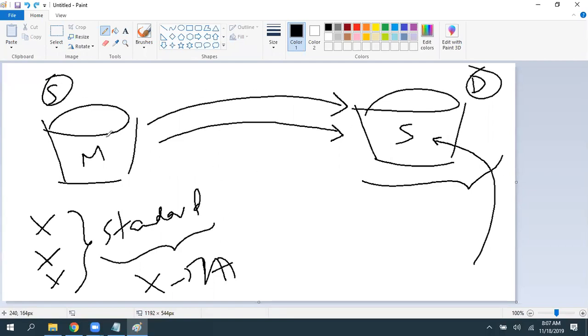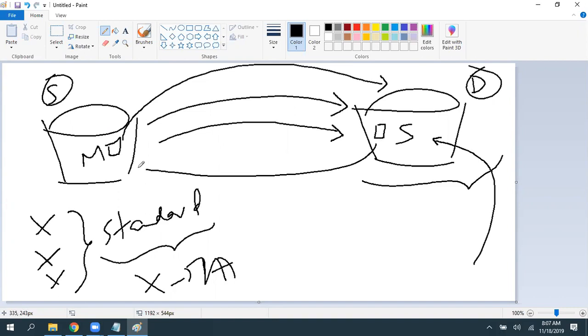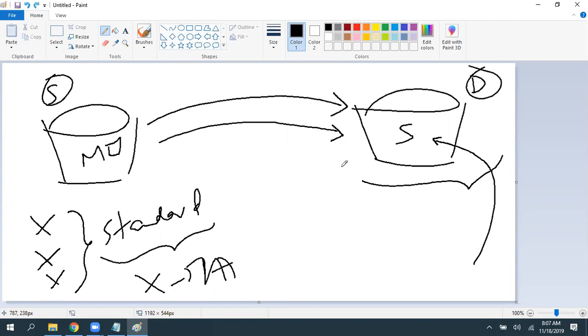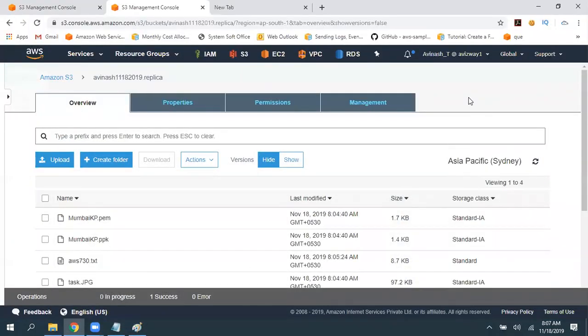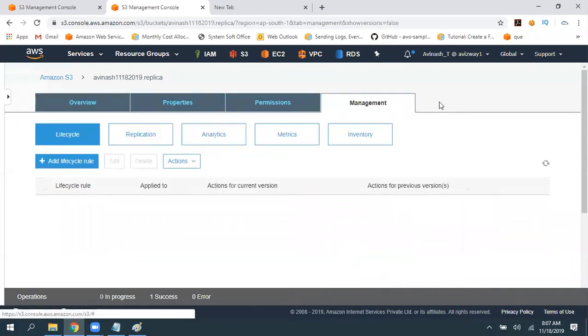Agree or not? See, you created one file here, immediately it will copy here. If you apply replication, this is treated as a new file. Again, it will try to upload here. This is going to be an infinite loop. So that is why it won't allow. You can choose the same region bucket or another region bucket. That's completely our requirement. Based on our requirement, we can choose that. So that is cross-region replication.